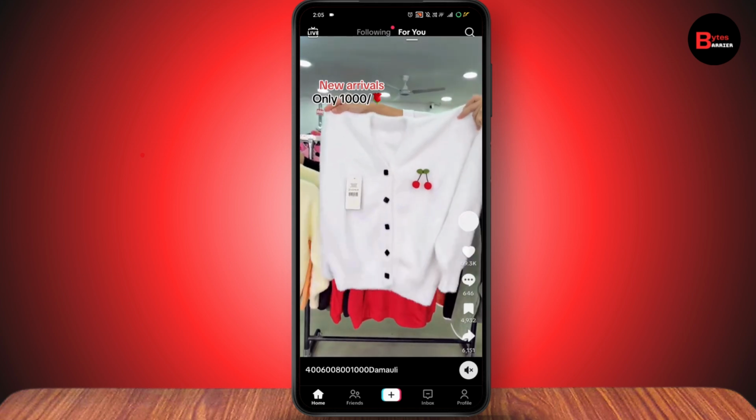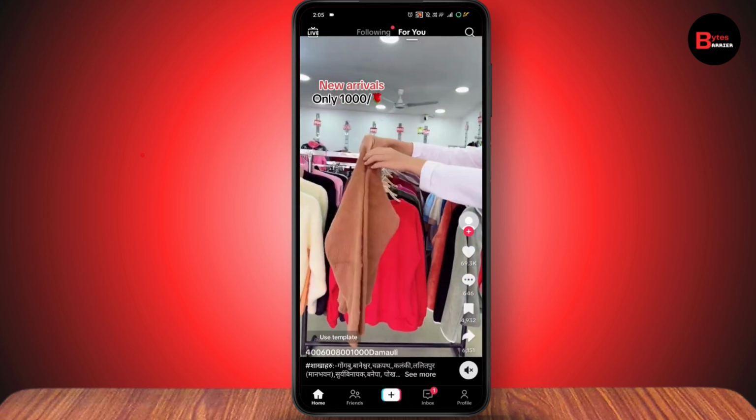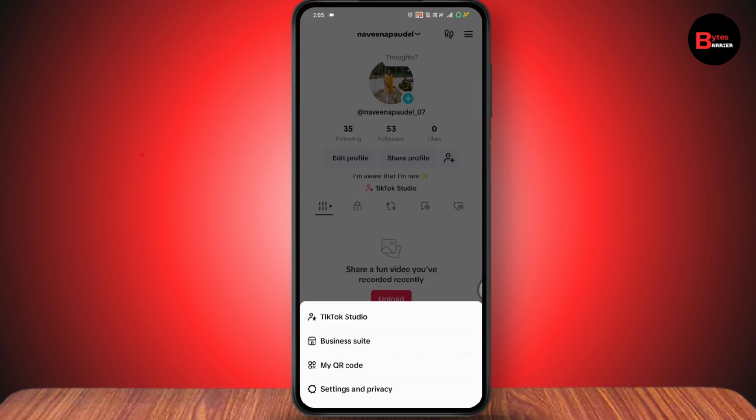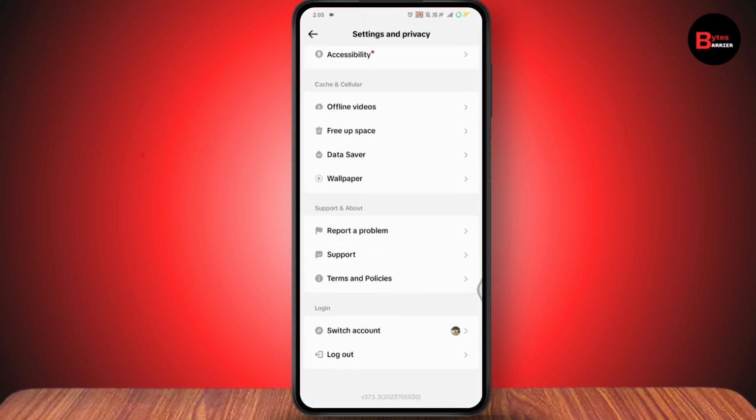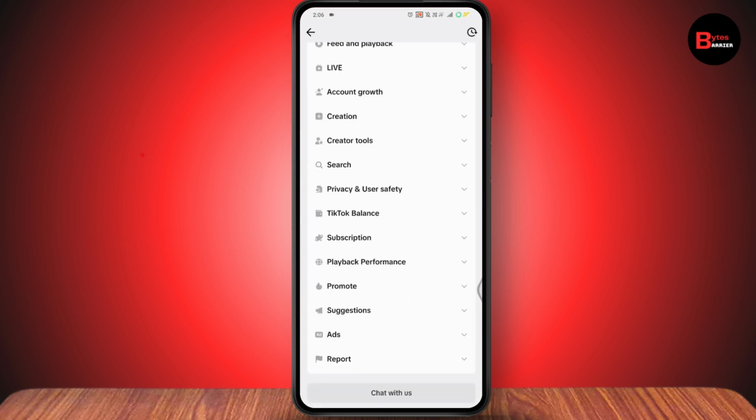So you just need to simply go with the bottom right, which has that profile option. After that, go with the upper right, which has that 3 bar, and then tap on settings and privacy. Once you go with settings and privacy, you need to scroll down and tap on report a problem. Now you can simply scroll all the way down and go with chat with us or report a problem, or